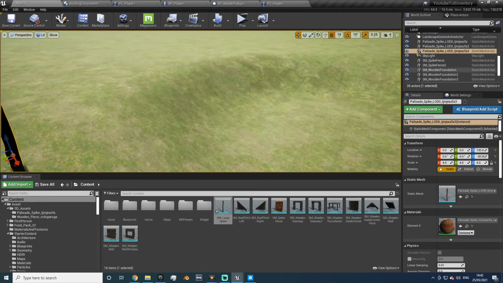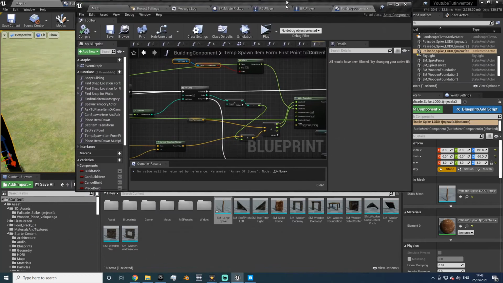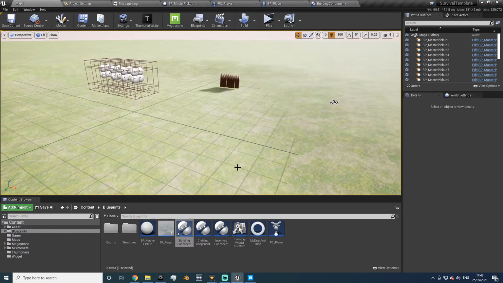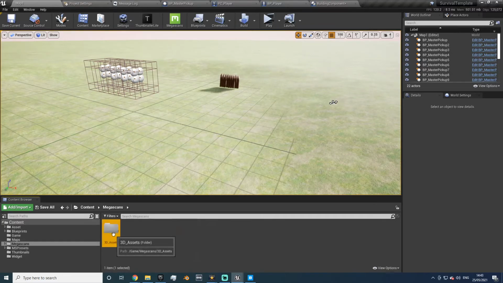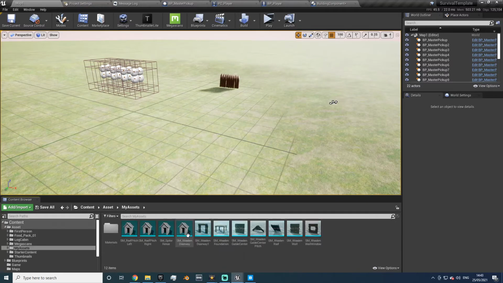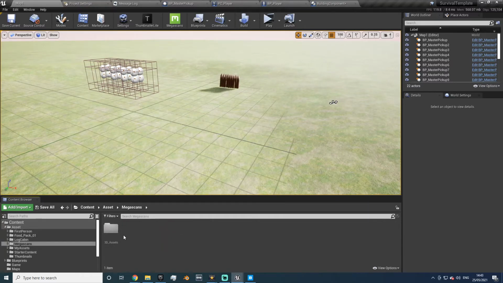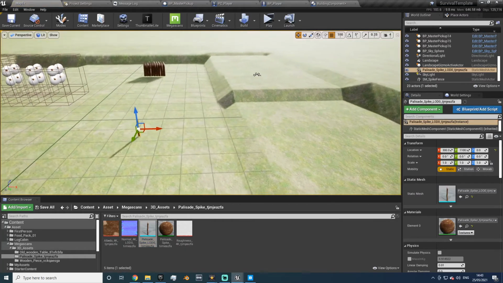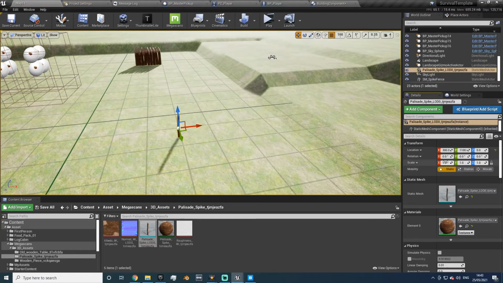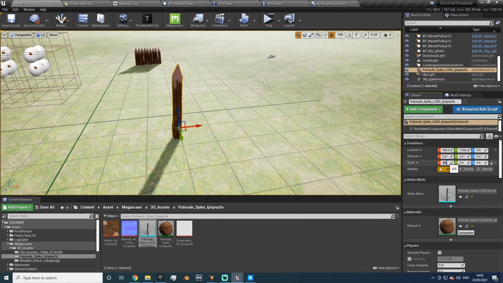That's beautiful. And for the purpose of the fans, let's very quickly do the same in my other project. Go to 3D assets, one piece. No, assets, my assets, Megascans, 3D assets, this one. So let's put this in here, scale this to 4, move it to 0, 0, 0,